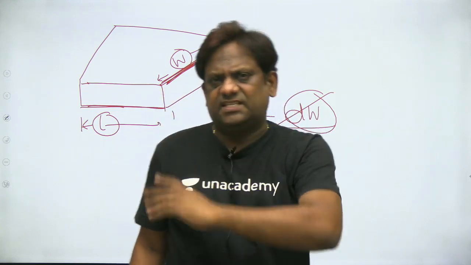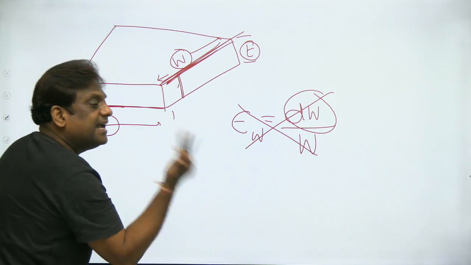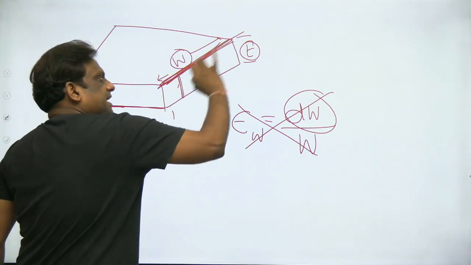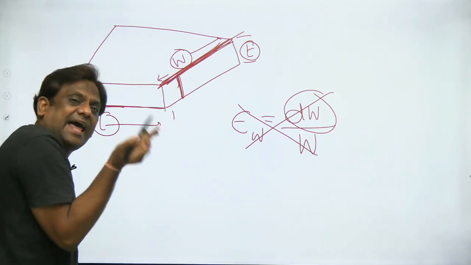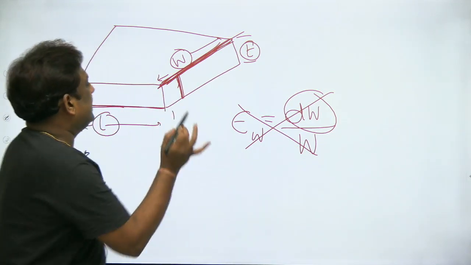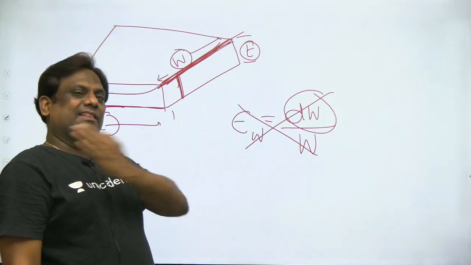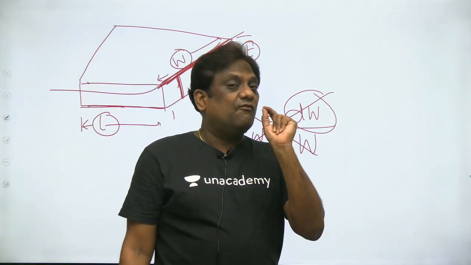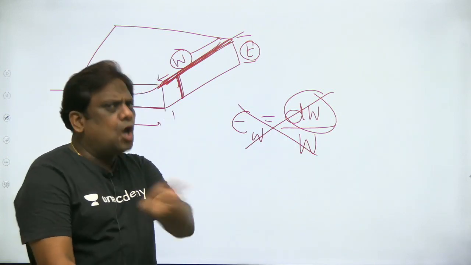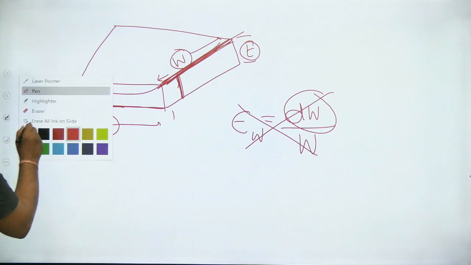Common sense says if the thickness is reducing, where does that material have to go? It cannot spread in the width direction. Because the volume is constant, the material is moving along the lengthwise direction. That means there is a strain in the lengthwise direction, there is a strain in the thickness direction, but there is no strain in the width direction. So it has to move along the length. Now we'll start our analysis.